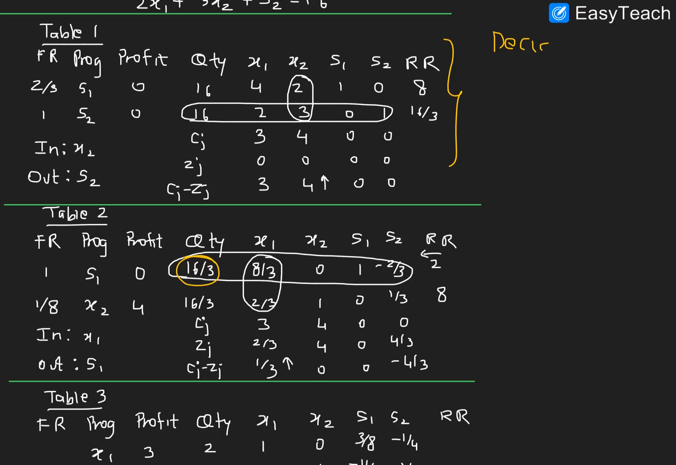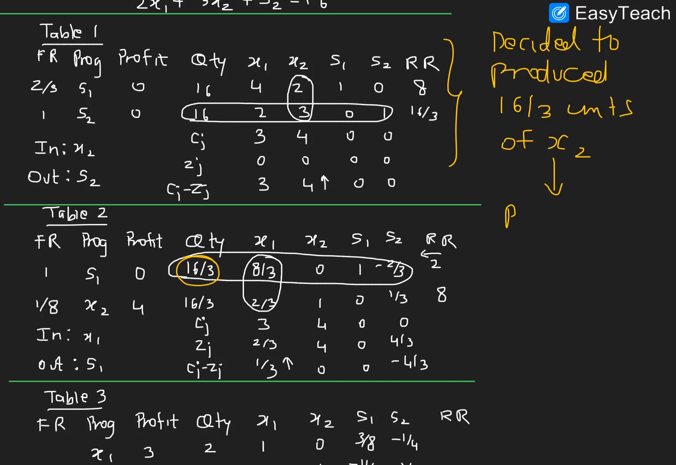we decided to produce 16 by 3 units of x2. Now let's understand the repercussions of this. If you're producing 16 by 3 units of x2,